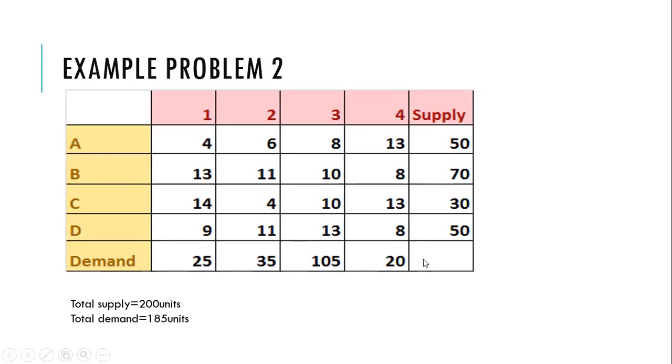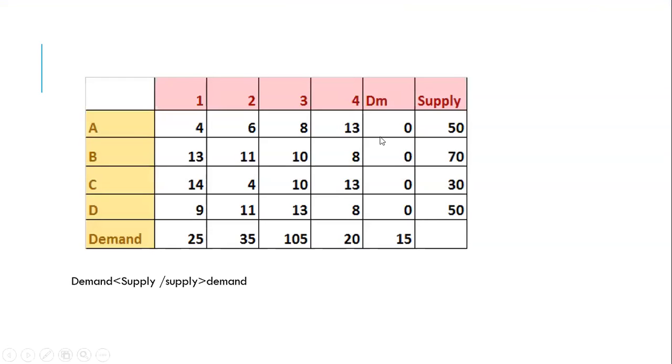So now I have to add 15 units. To add 15 units, I have to insert a dummy column at the supply end, or the origin end, or the source end. As you can see, we have inserted a dummy column, and since the demand was 15 units lesser, we have added 15 units here, and all other cell values will be set as 0. Now again we have to find the initial basic feasible solution by using any of the 3 approaches. Let us find it for this particular problem by using the Vogel approximation method.